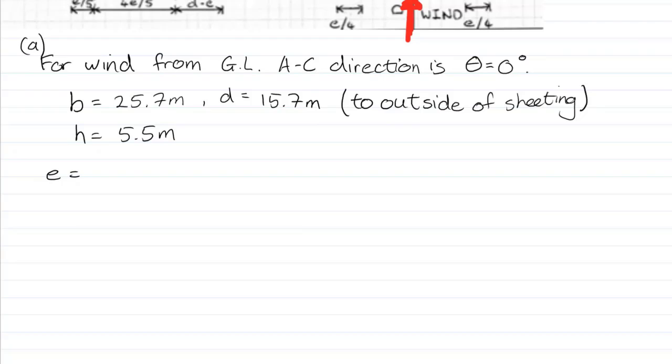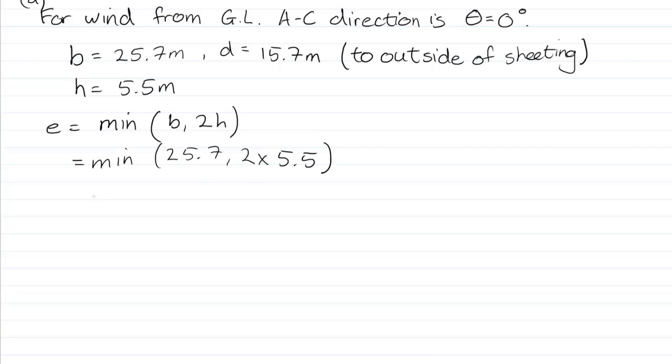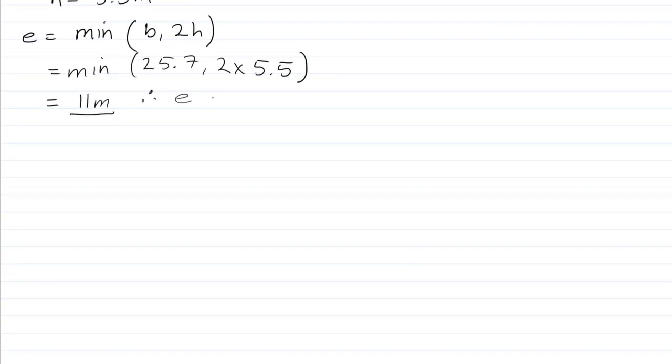Now, on the diagrams we're going to be using, there's a parameter called E, which is just a function. It's the minimum of the breadth, or 2 times the height. So this is the minimum of either 25.7 or 2 times 5.5 meters, and then this gives us 11 meters. Therefore, E is less than D, so use figure